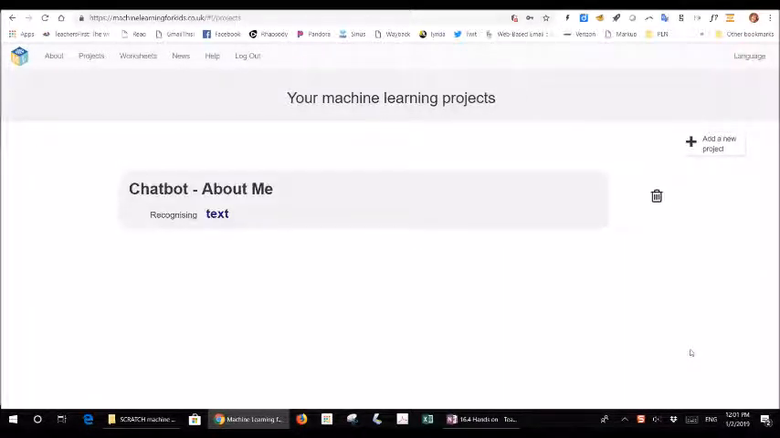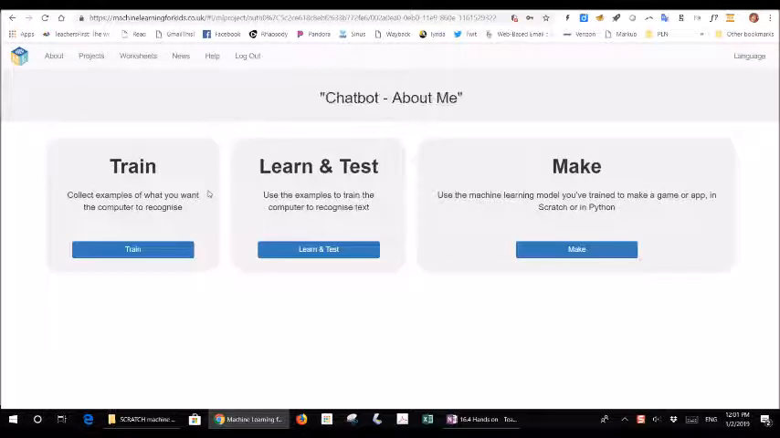All right, click Create, and then go back to where it says Chatbot About Me or whatever you put, whatever the title is, and click on the title. So this is the main dashboard that you're going to need to use. Now in my case, you're going to start with Train. So click on Train,